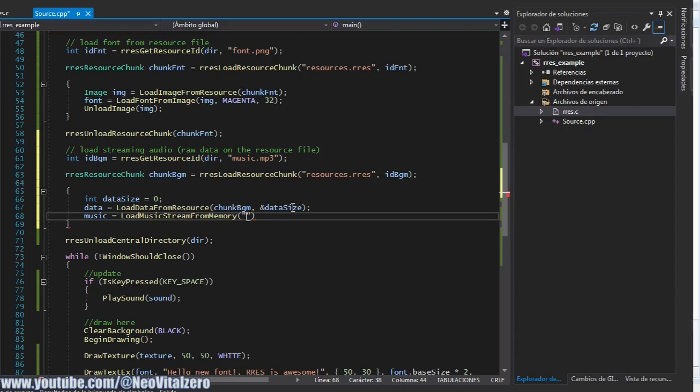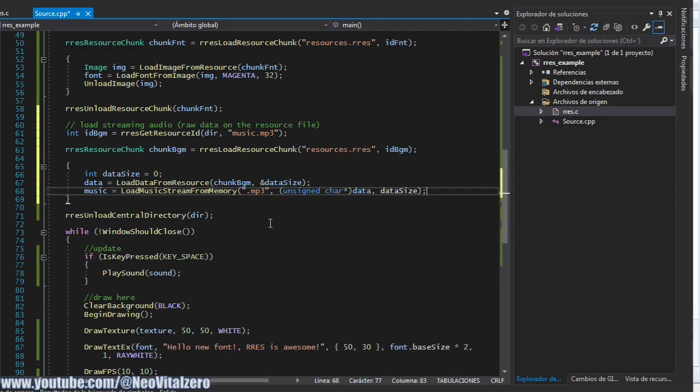We need 4 bytes, which is the dot and then the 3-letter file type extension, in this case, .mp3. Don't use caps here. And then we pass in the pointer to the data, cast to an unsigned char pointer, and then we pass in the data size. Okay,